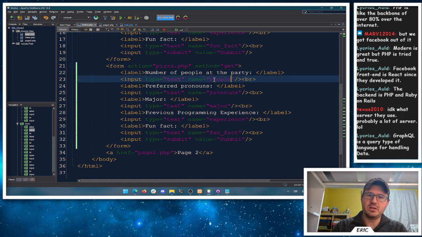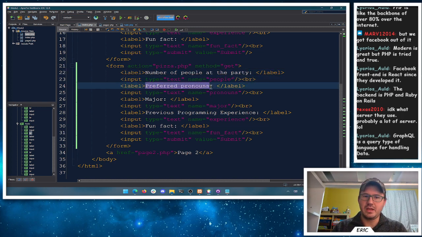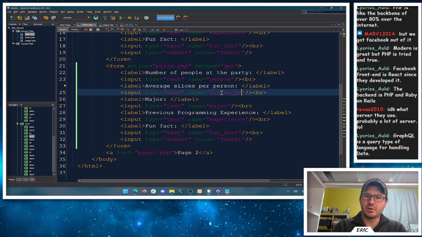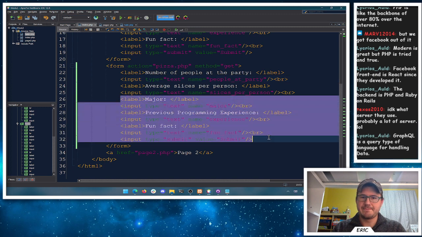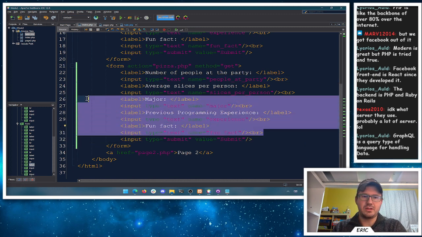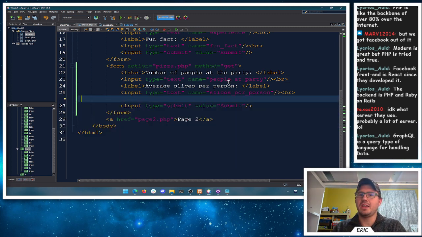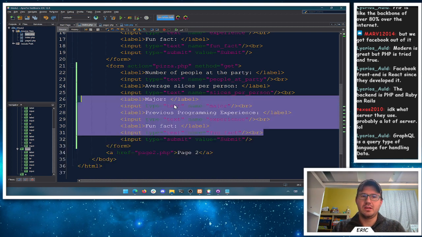Text will be people. And then we want an average slices per person. This is slices per person. And we'll say people at party. Why not? We can use nice names here. And we want that submit. So if you tell me how many people are coming and how many slices they get, and let's do one